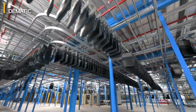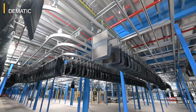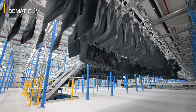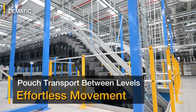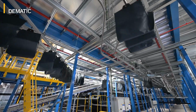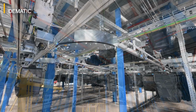Dematic pouch sorter can be implemented in new or existing facilities and can accommodate any layout or specific building needs. The system takes advantage of unused overhead space, making it ideal for space-constrained operations or areas with very expensive real estate. Dematic pouch sorter can easily integrate with an automated or a static inventory system, making it suitable for a